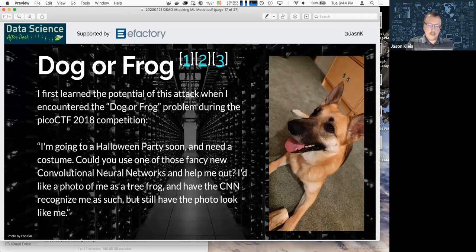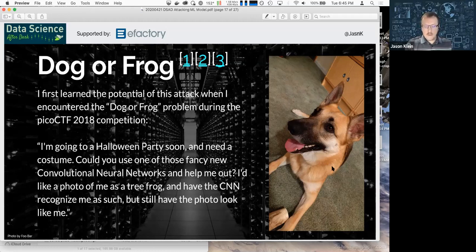The 2018 competition had the following problem, basically saying, could you use one of those CNNs to help me out? I'd like a photo of me as a tree frog and have the neural network recognize me as such, but still have the photo look like me.